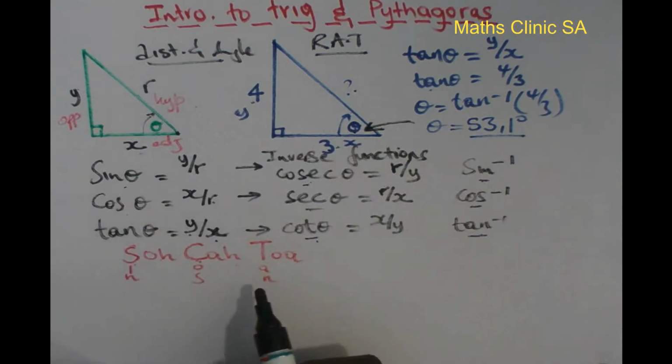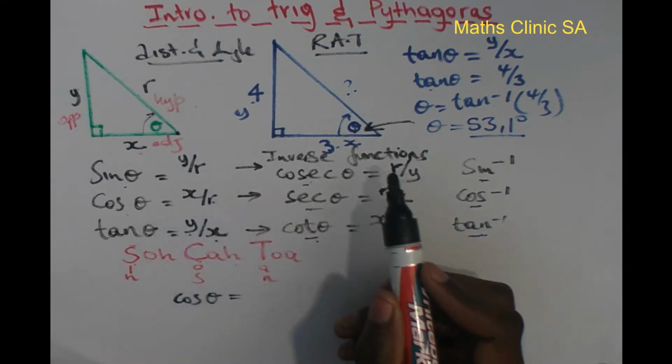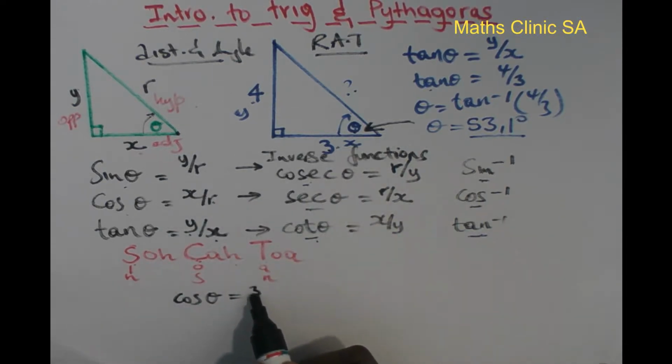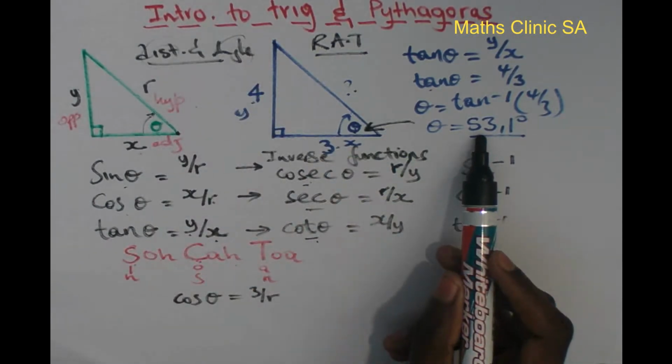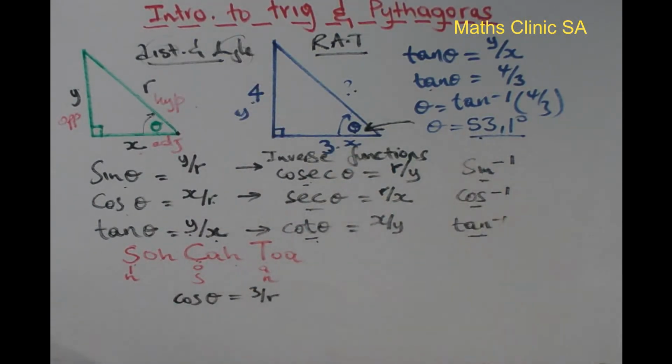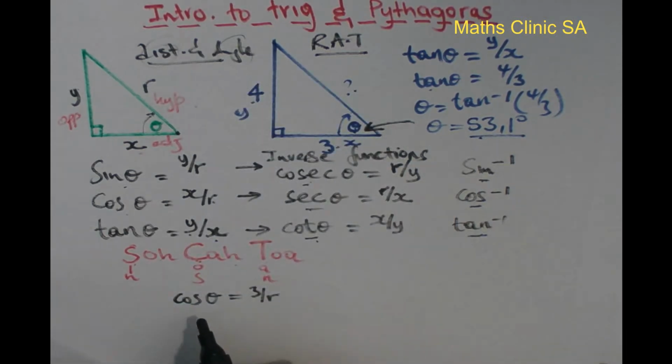So I use cos, so cos of theta, because I know what theta is. Cos of theta is x over r. I know that x is 3, but I don't know r, and we want that side. Okay, because with trigonometry you can find a distance or an angle. I showed you how to use a trig function to find an angle. Now I'm going to show you how to use a trig function to find a distance, because we want that side. Alright, now cos of the angle, and we know our angle is